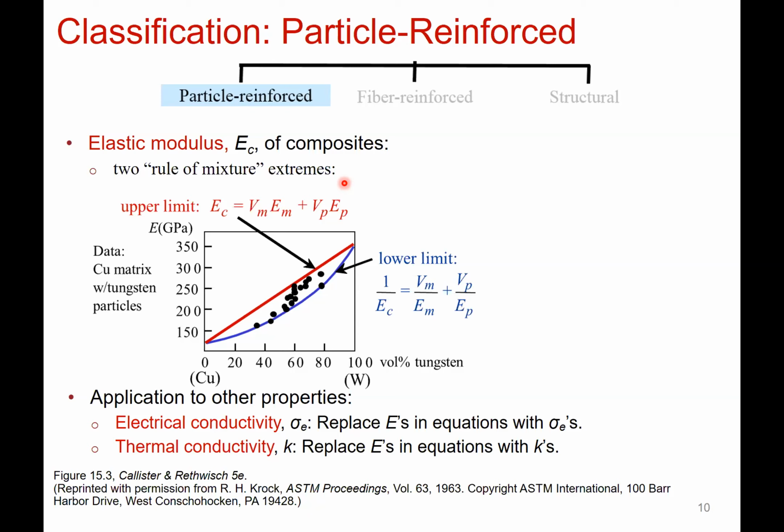For the elastic modulus, it's really just a linear combination, where the modulus of your composite is the modulus of your matrix times the volume fraction of the matrix within the composite, plus the modulus of your particles or your reinforcement, sometimes E sub R, times